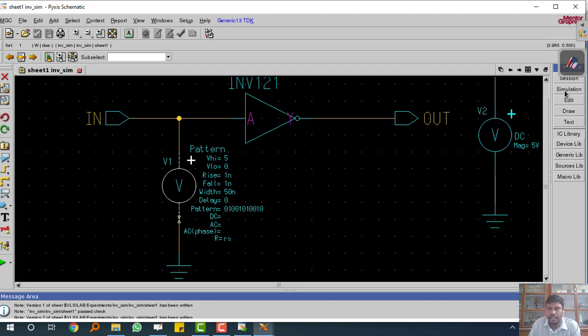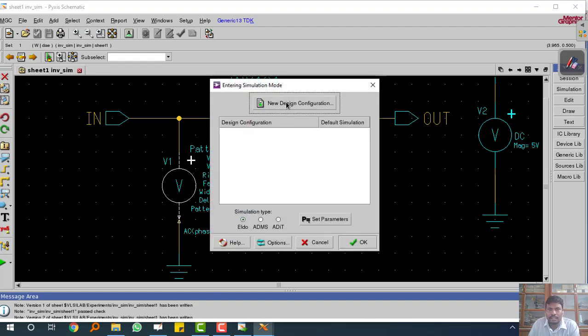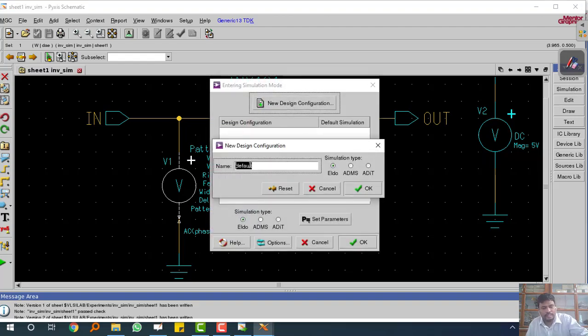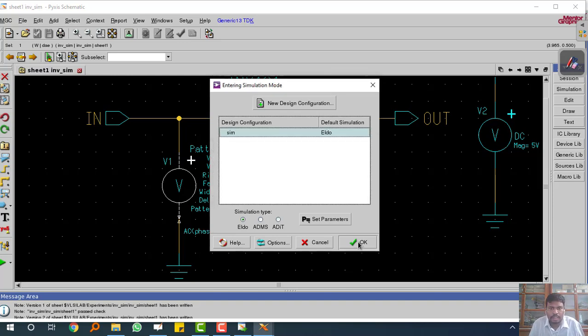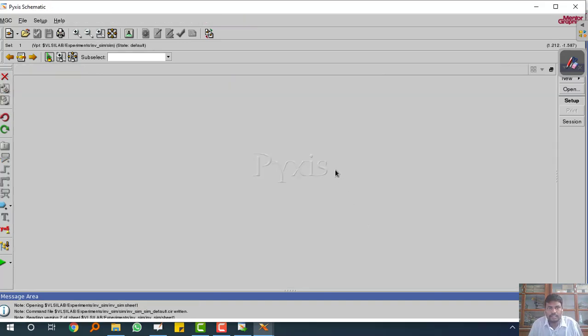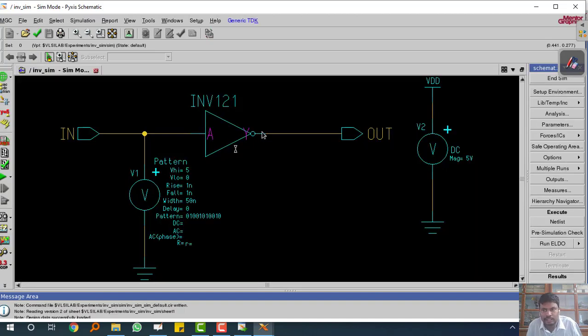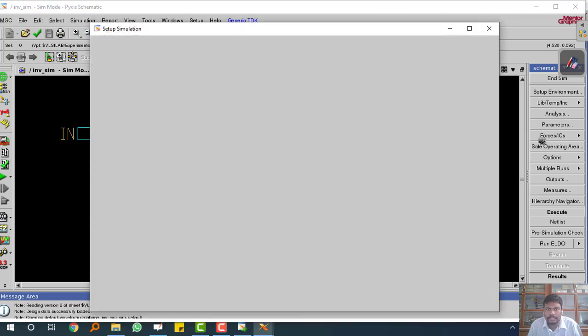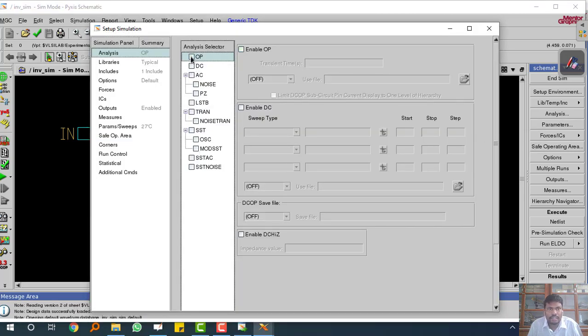Now, on the right side there is a simulation. You click it, new design configuration. I name it sim, then OK. Now the simulation starts. Here you take the analysis part. Right click on analysis. You have DC analysis and transient analysis.